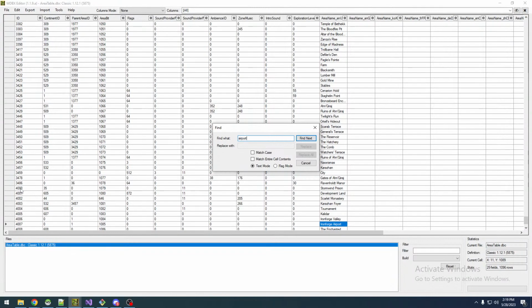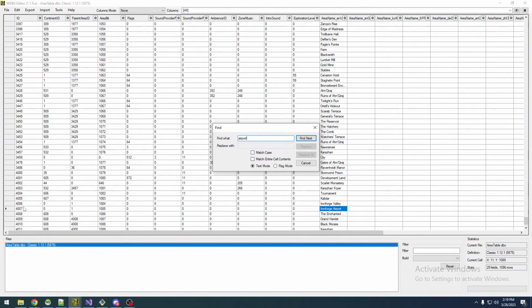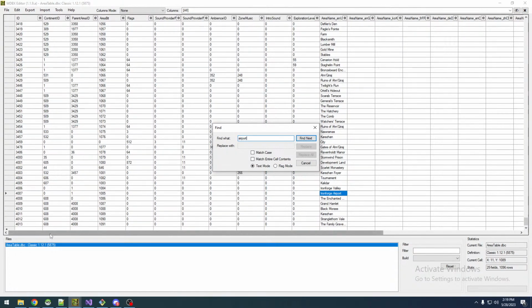I usually keep my entries rounded off, starting at a 0, nearest 0 for the highest place. So obviously it goes from 3,400 to 4,000. Some of them need to be in tight-knit numeric order, but this isn't one of them. So just for convenience's sake, we start at 4,000. This is often too because if you import anything from TBC or Wrath of the Lich King, they'll obviously be in numeric order leading off from vanilla. So a lot of TBC zone data would be like 3,500, 3,600 stuff. So I usually try and leave a little bit of space just in case. It would be smarter to even go higher incrementally, but